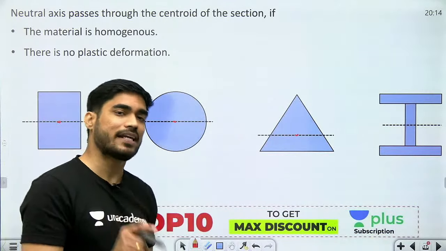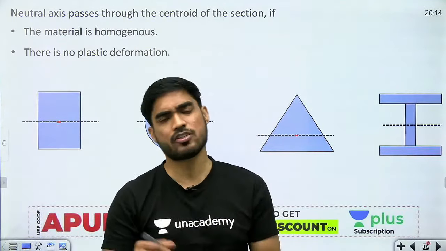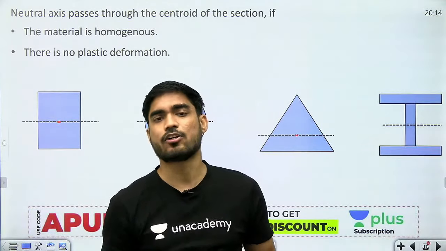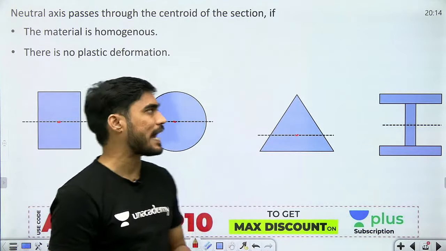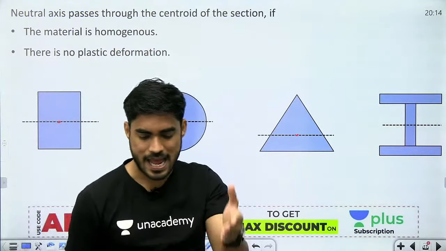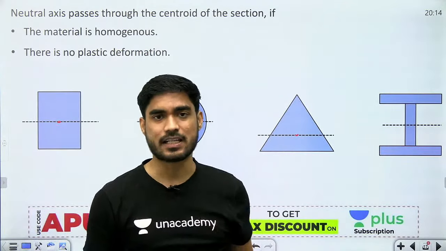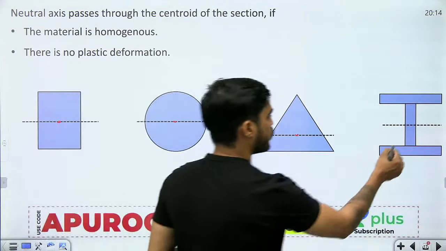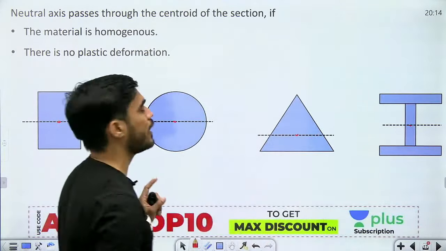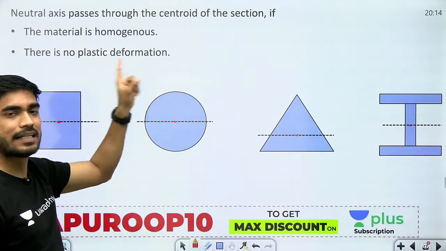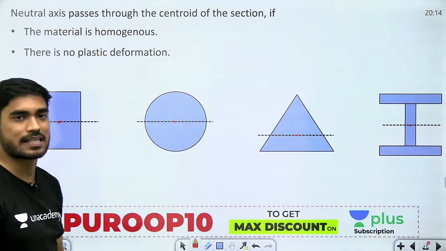So बेटा if you find the centroid of the cross section means you have got the neutral axis of the cross section. ठीक है, अगर centroid पता है तो neutral axis पता है, क्योंकि ये दो assumption हम लेके चलते हैं that the material is homogeneous and there is no plastic deformation. Is it clear to you? तो ये point भी clear है कि जो neutral axis है वो हमेशा centroid से पास होता है अगर ये दो criteria fulfill हो रहे हैं.